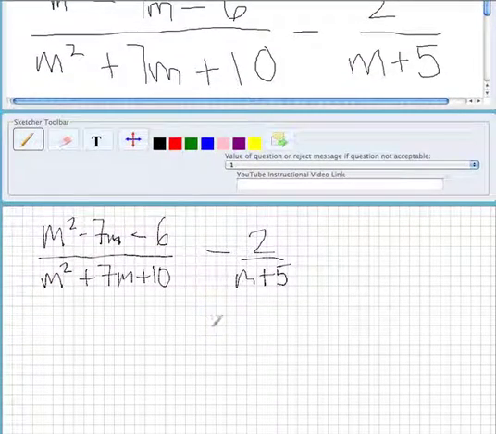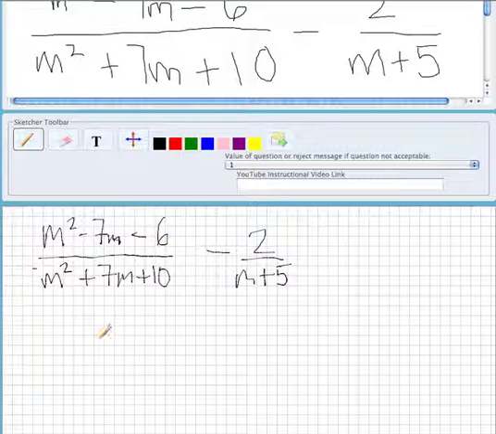So we're subtracting these two fractions. And to do that, what we need to do to subtract fractions is have a common denominator. And right now we can't do that. So what we need to do is factor the bottom to see what we need to find